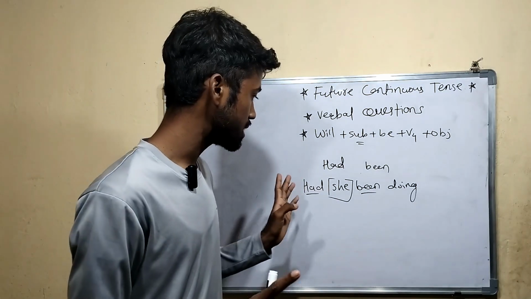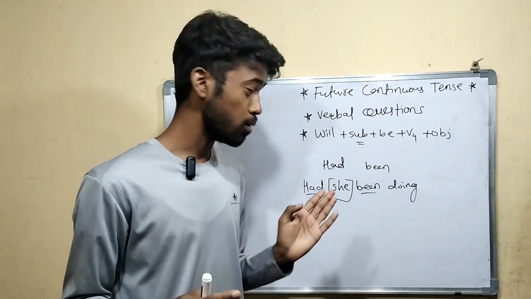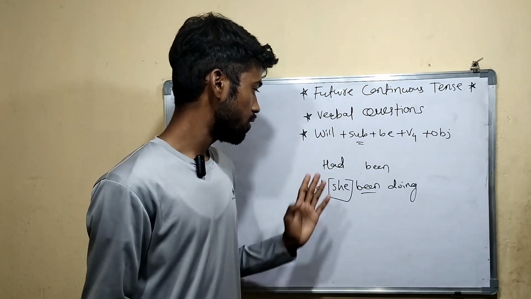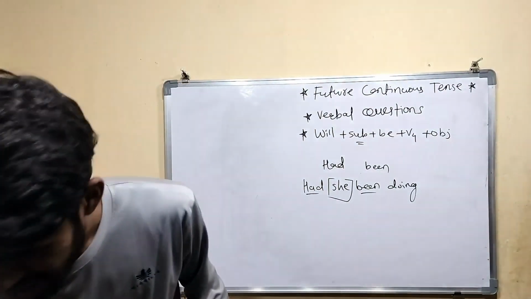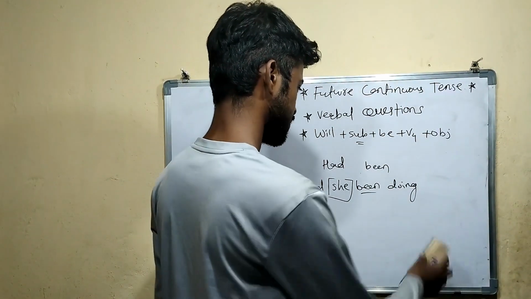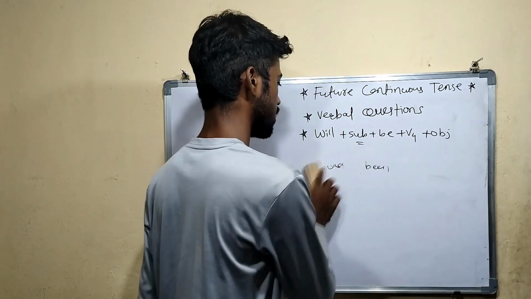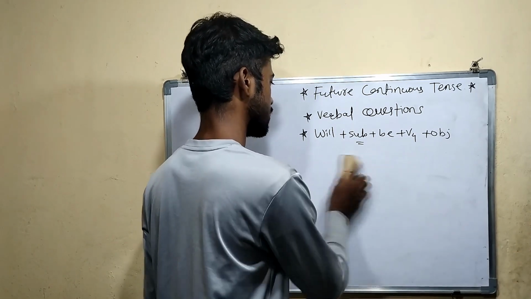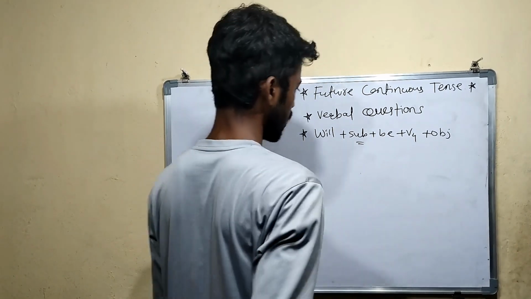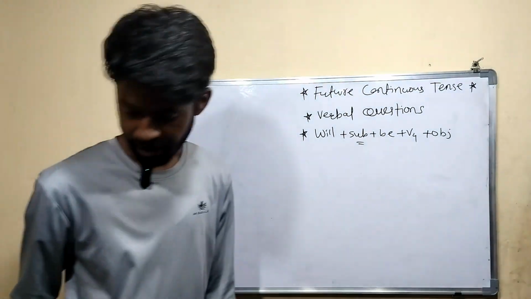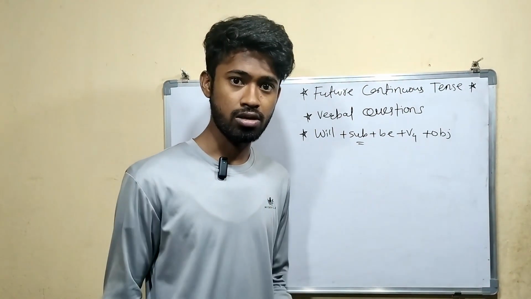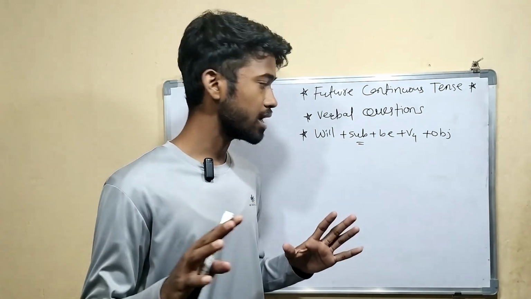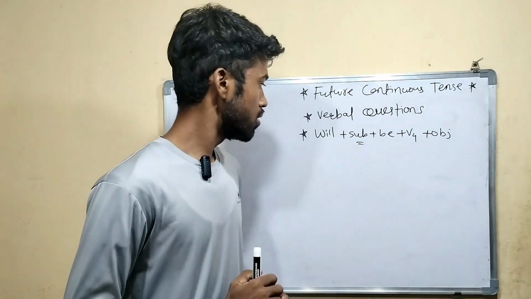So I have taken one example. Even you can take have been, has been, will have been. We are going to discuss these future helping verbs in upcoming videos, but I am talking here about whatever we have completed. So up to this you understood, right? You have to remember all this, and you have to practice a lot. Once you practice, then automatically you will remember that.